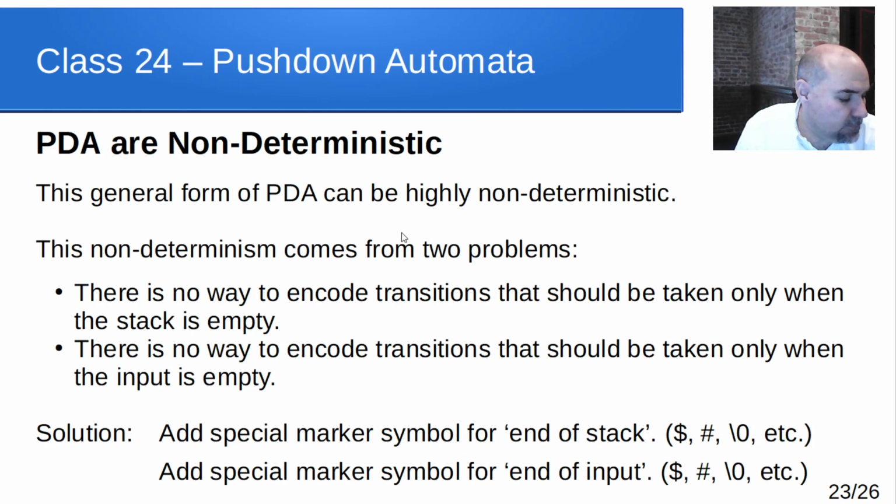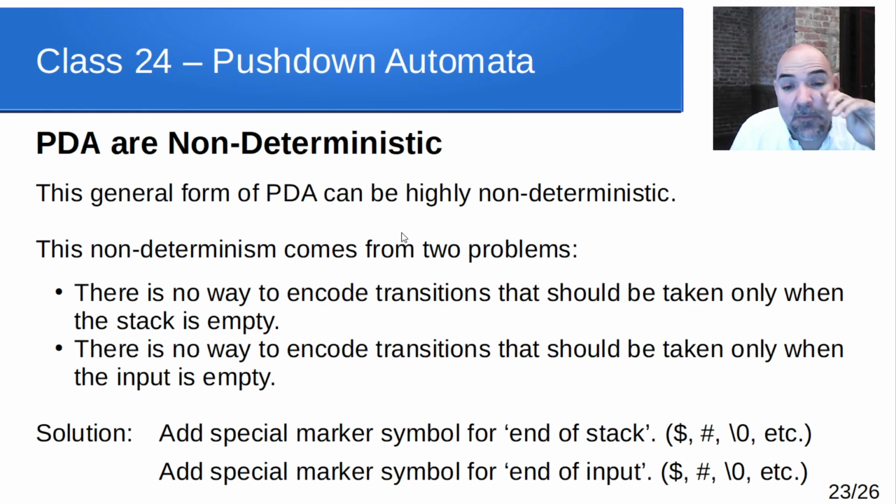Now, one quick thing that I want to point out here is that pushdown automata are non-deterministic in nature. Notice we have the ability to have lambda transitions, where we use lambda as an input symbol. We have the ability to take that operation when we see lambda as the stack top. But that non-determinism in PDAs can make it hard to look at them and see what's going on. It can also make them difficult to comprehend, because all that matters is that there is some computation that gets you to that.